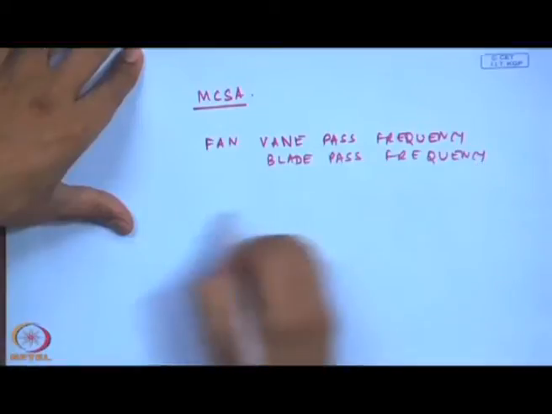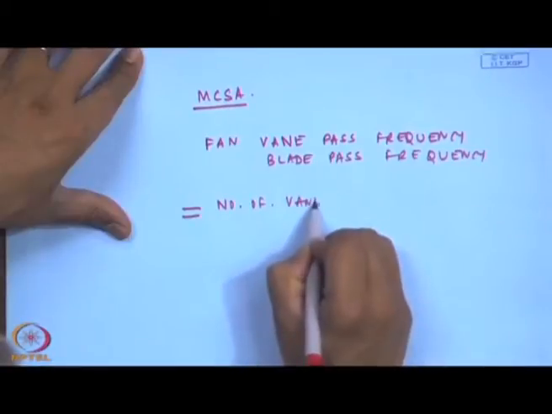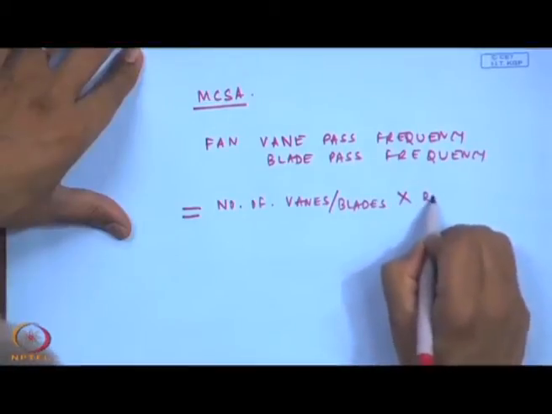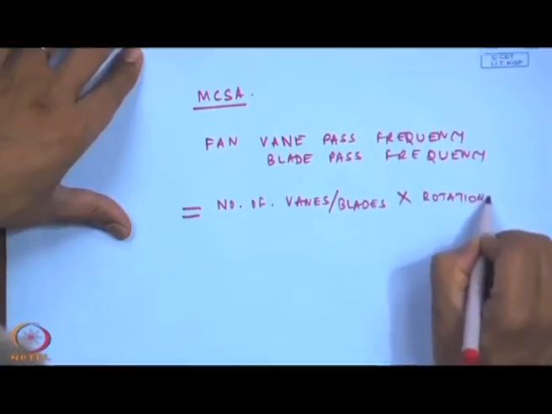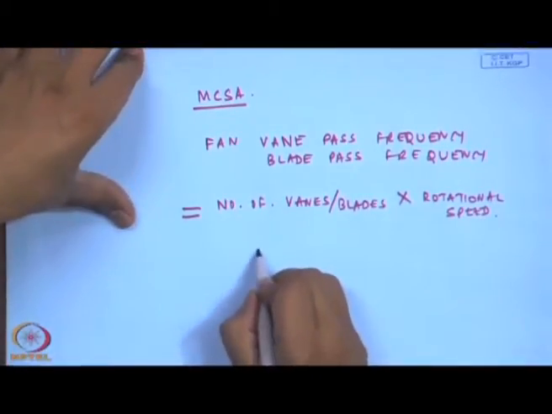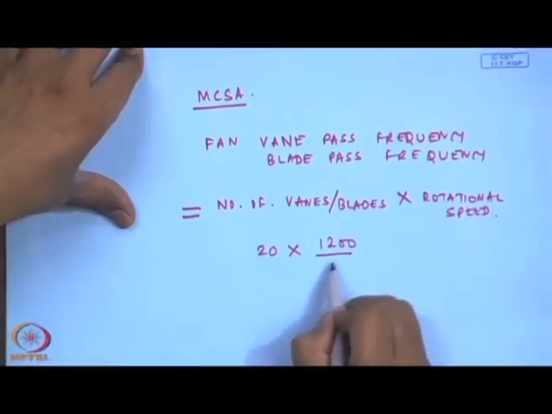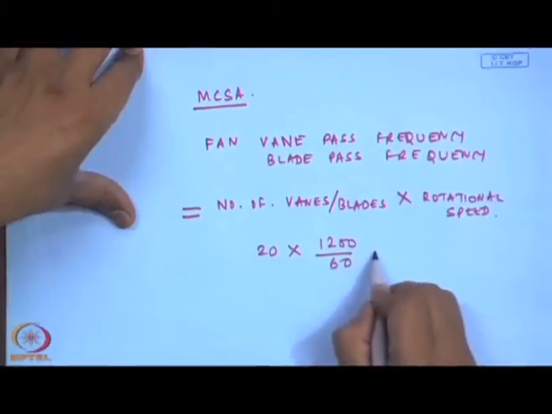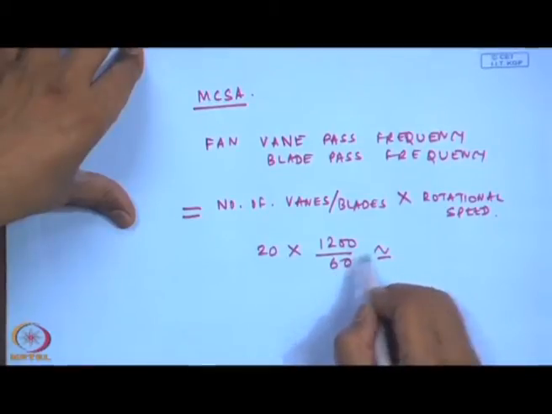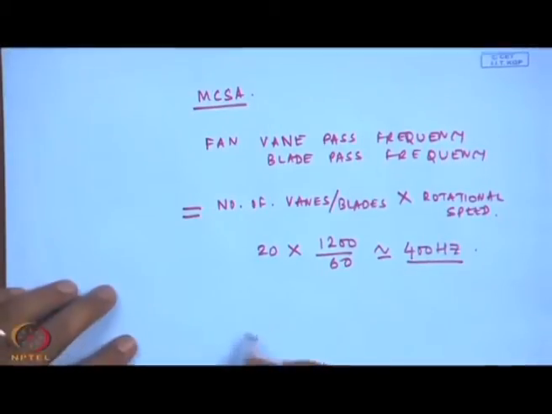Which is nothing but the number of vanes or blades times the rotational speed. So, for example, if there are 20 vanes and the fan was running at 1200 rpm, so this is 1200 by 60, which is 20 hertz, times 20 vanes, close to 400 hertz. So, in the vibration spectrum,